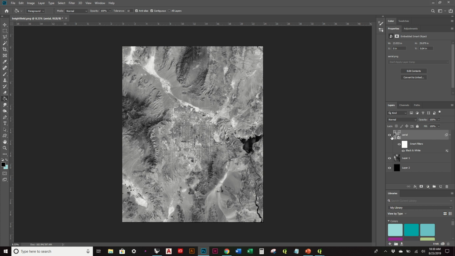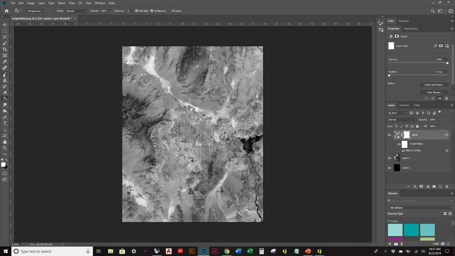And then I also like the idea of having it blend in with the height field image. So I'm also going to apply a layer mask to this. What this allows me to do is basically mask or hide the pixels of one layer on top of the other. I'm not actually physically deleting it. I'm just essentially hiding it. And that's why it's called masking. Again, we'll cover this in a little bit more detail. But this is a non-destructive workflow, so if any change you make, you can always undo it,